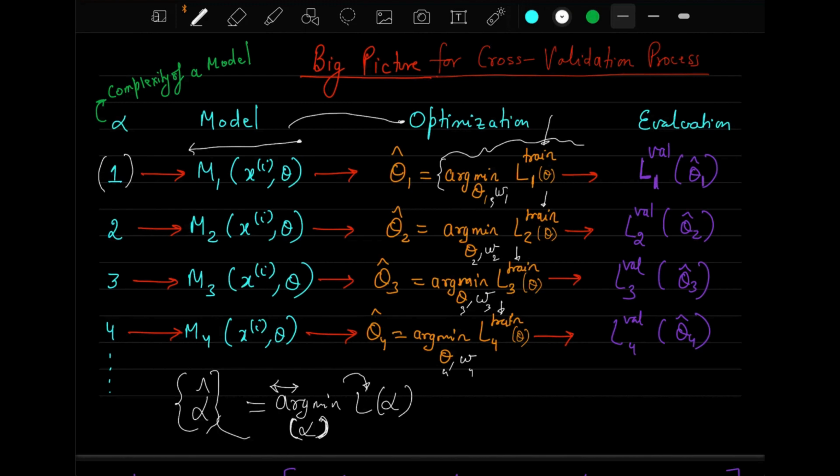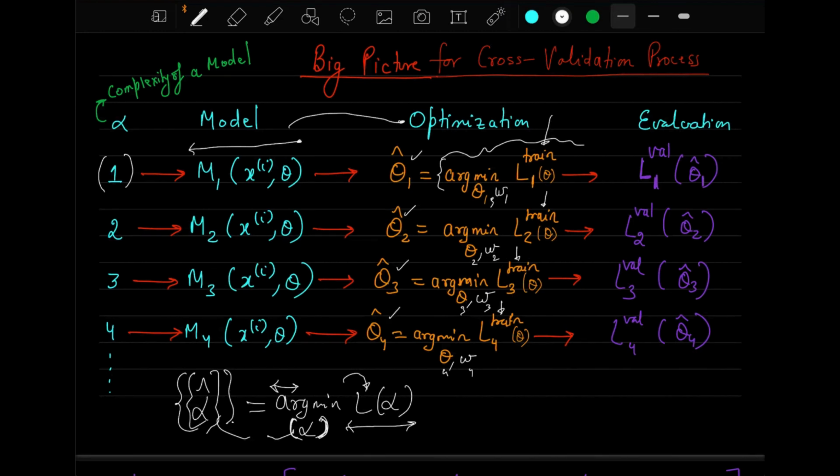This is actually coming from the field of optimization. What it is saying is, what value of alpha will minimize this particular expression, and that value will be alpha hat. So that is what is shown over here on these points, theta 1 hat, theta 2 hat,